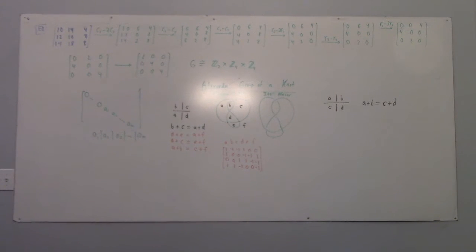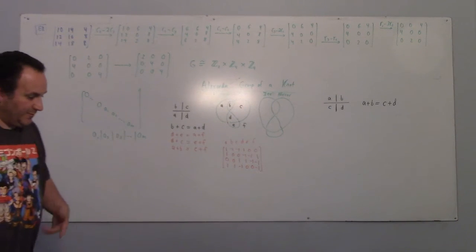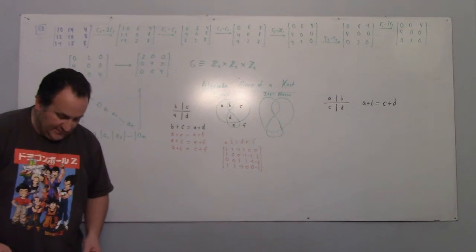And then you could write down A, B, C, D, E, F for the mirror. And you could write down its relations matrix. And I believe that you can show that they have the same Alexander group, by showing that you can set it up in 0, 0, A1 through A4. So we could reduce that matrix using row and column operations to see what we got. Which I believe is one of your homeworks. I think the answer to your homework is probably in this PDF, by the way. Not to ruin it for you, but